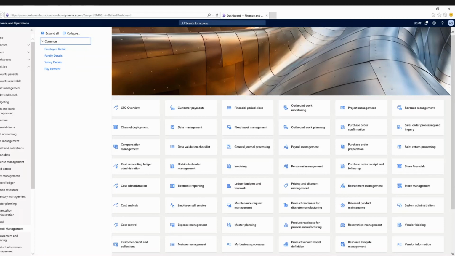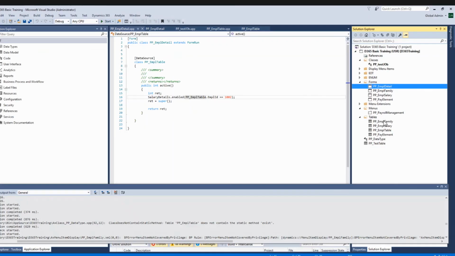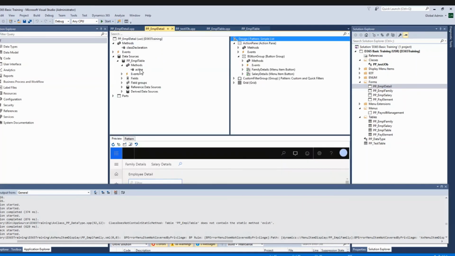Now there is one more method known as the display method. It is also very important, a most frequently used method. Let's say our requirement is that I want to count the number of rows and display the count here. How will I do it? I will show it to you. We will create one display method for it. I will open the form. Just now we created one method, the system generated method that we overrode. Now I will create one display method.